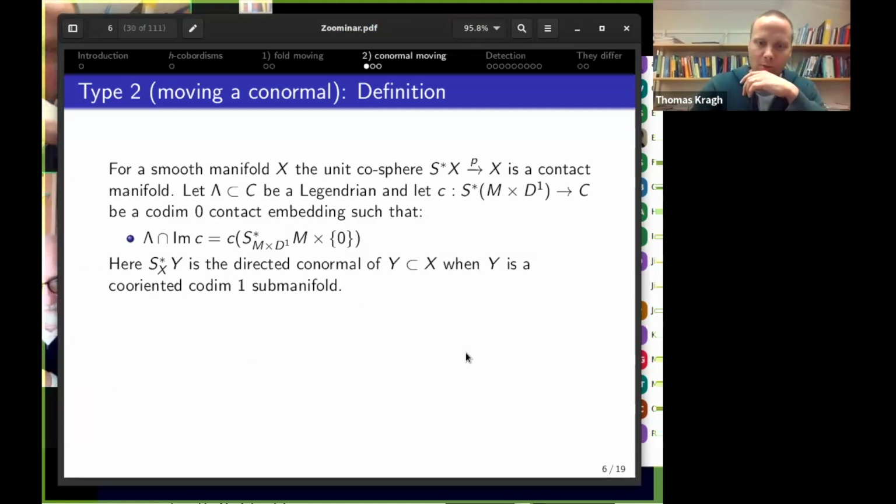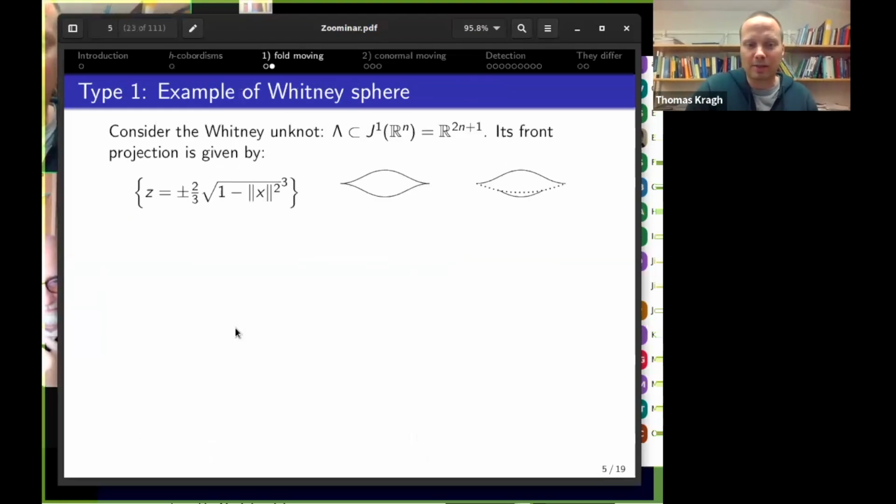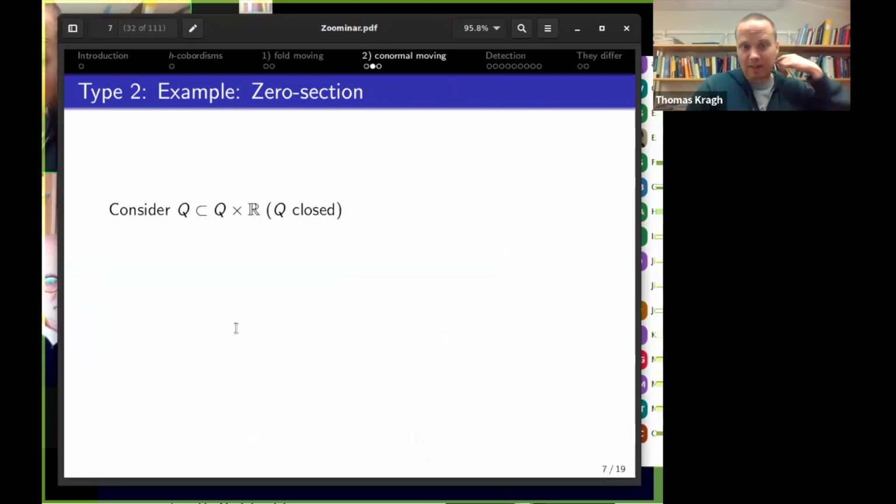So let me maybe just go back quickly to this picture again. If it looked like the conormal of just the standard straight line going down here, then we replace that conormal part with the conormal of this red part. So that's another way of creating a family out of h-cobordism. And in fact, in both cases, partitions are enough for these maps. So let me take an example,